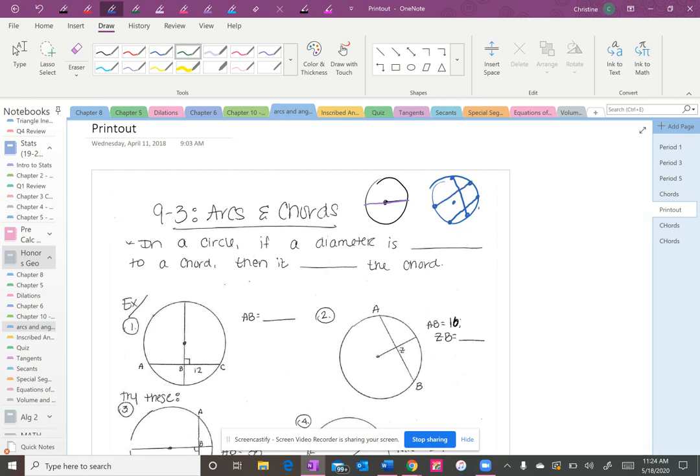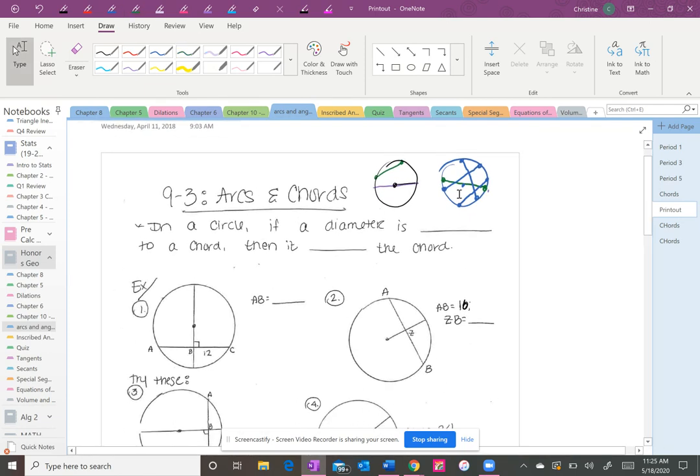If it just so happens to pass through the center, then it is a diameter. So a diameter is a chord. Not all chords are going to be a diameter, but a diameter is a chord. So in a circle, if a diameter is, okay, there we go. Definition of a chord. In a circle, if the diameter,